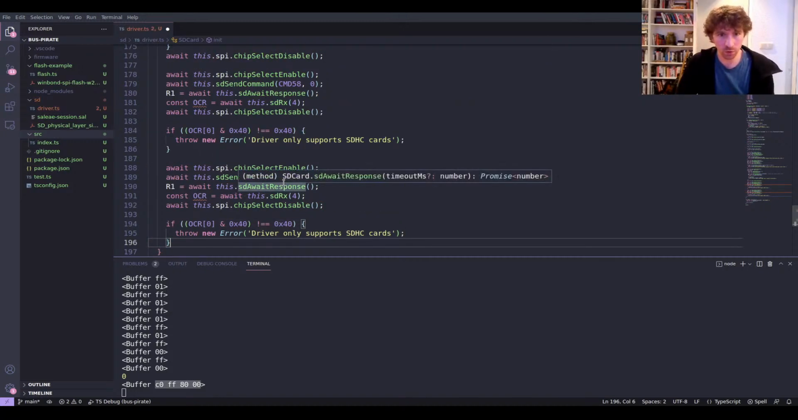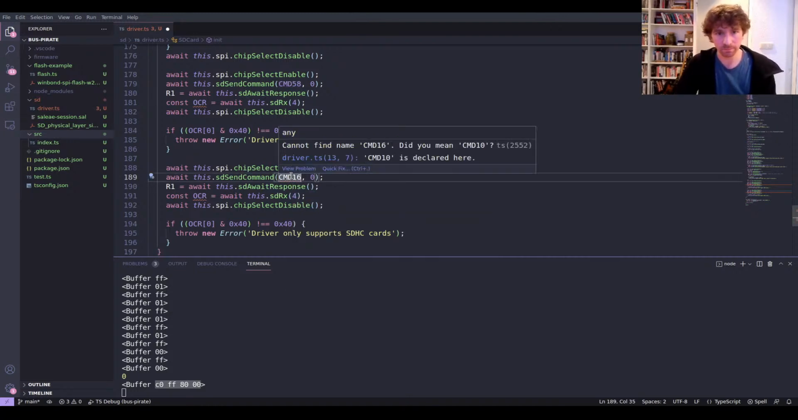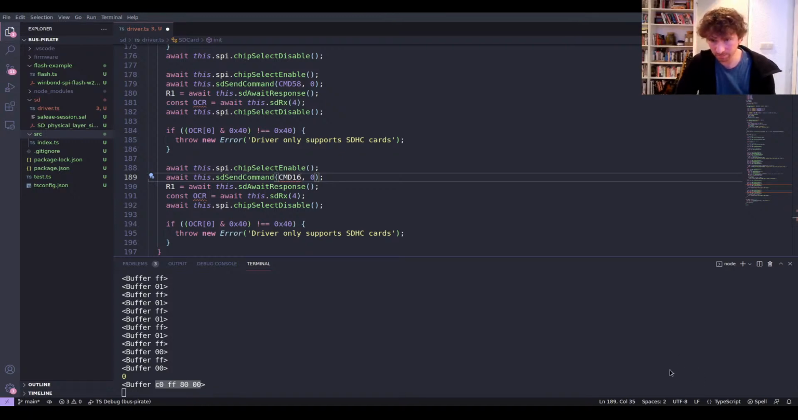Why don't we just copy that whole block there, because we can throw the error otherwise. So we're going to do one more command. It's going to be command 16. Apparently we don't have command 16 here. Yeah, command 16, is that going to be